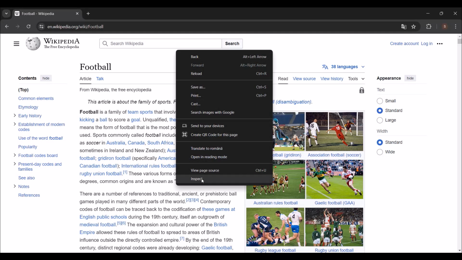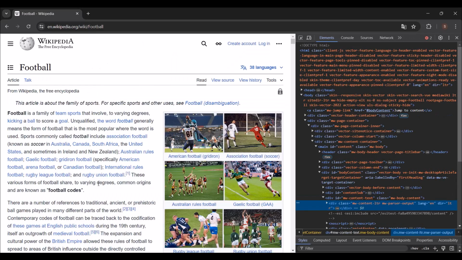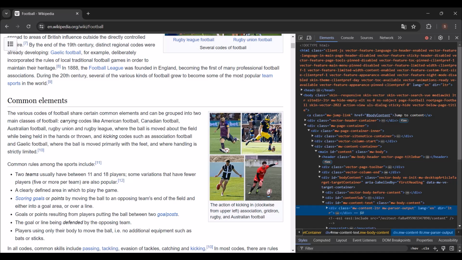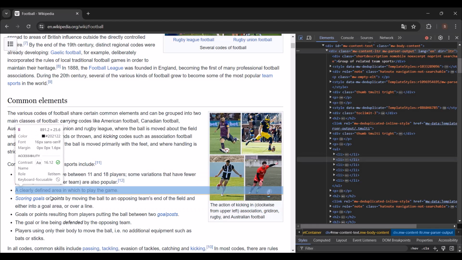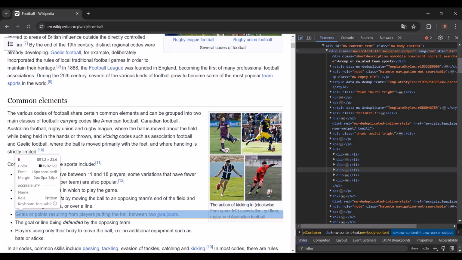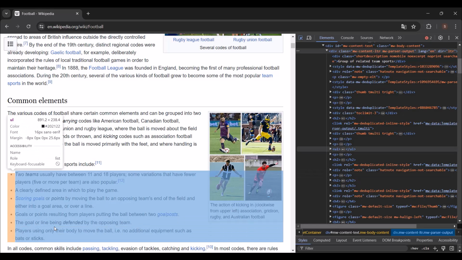I'm gonna use the Chrome inspector, so I'm gonna right click, go to inspect, and let's select from here a list. We have here a list. Let's click on this button, and as you can see we have an unordered list marked by using the tag UL, and we have the list elements being defined inside of it. As you can see, I am highlighting them on the right hand side, and so this is the unordered list.